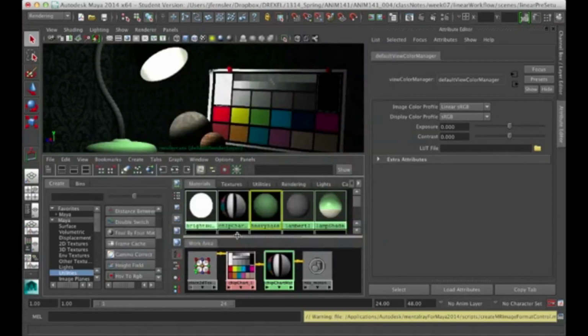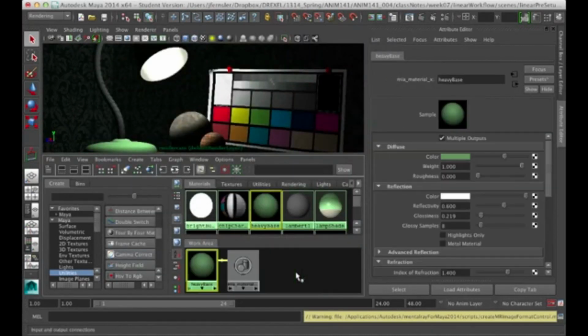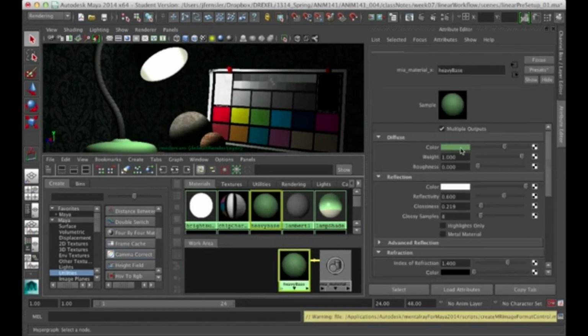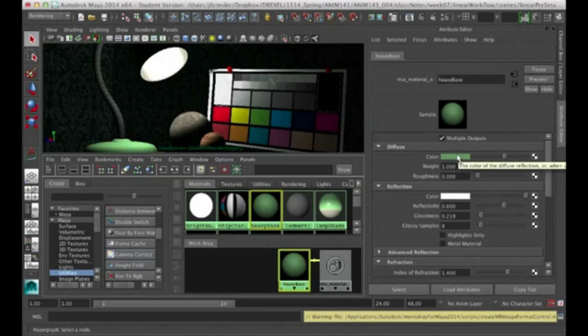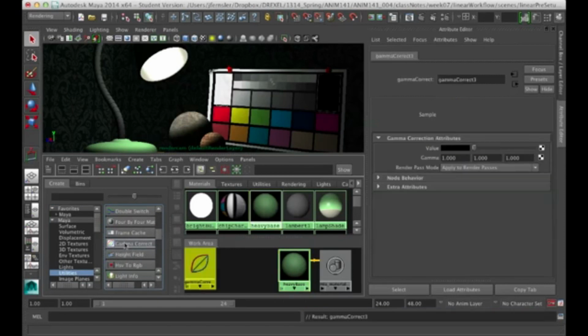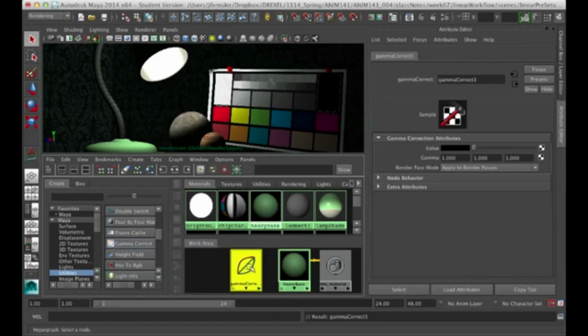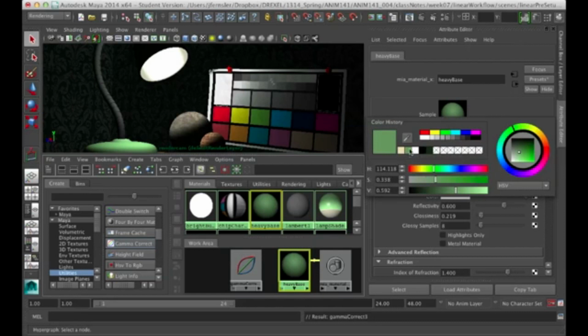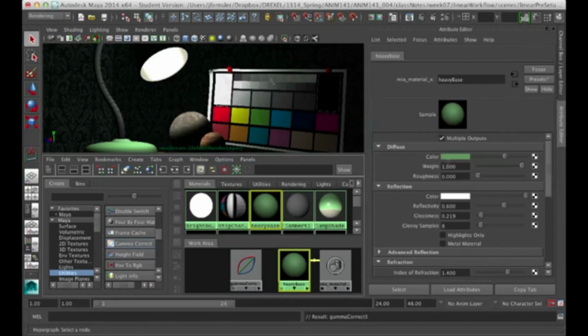Well, the reason for that is because of Maya's color picker, which does not get linearized when we pick solid colors, right? So this color here does not get the conversion. So we do need to make that adjustment. And the way we do that is in here, using a gamma correct node. You'll find this in the utilities, scroll down, gamma correct. It's kind of an odd workaround right now, but in this value here, you can add that color. If you just go into this color swatch and pop out,